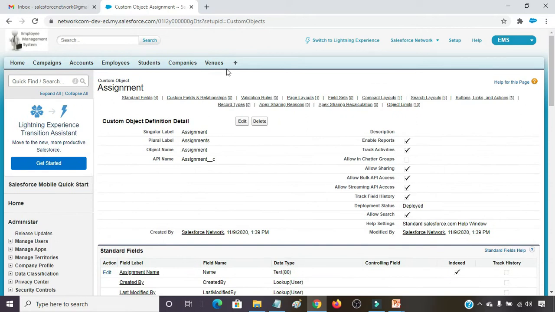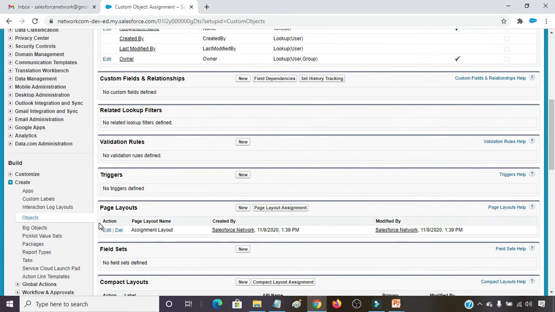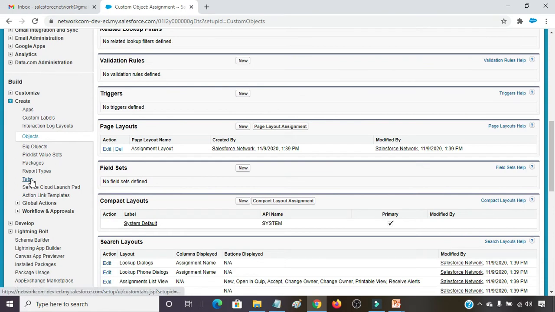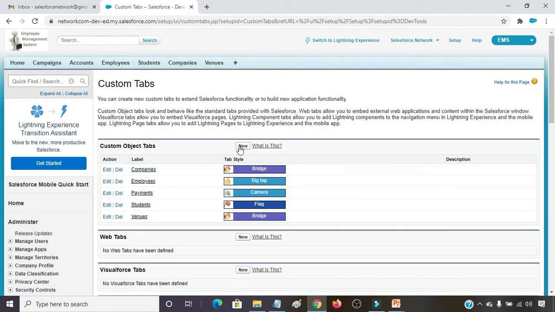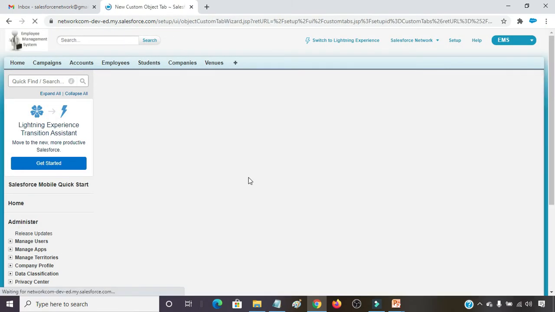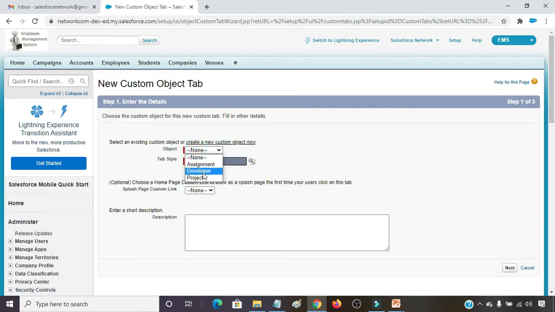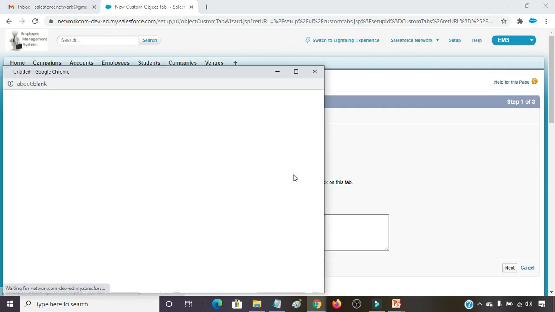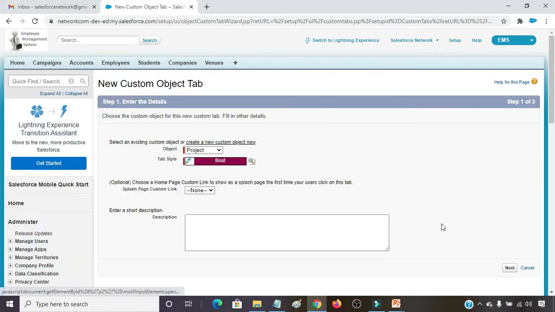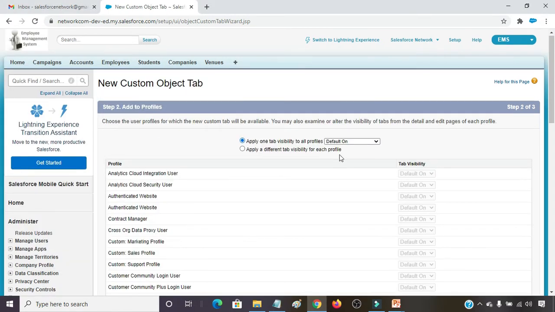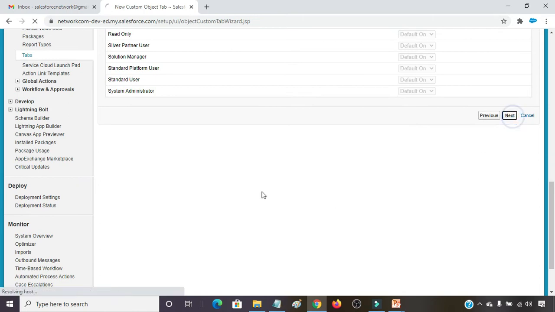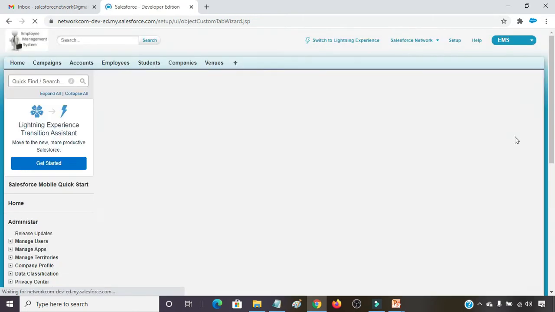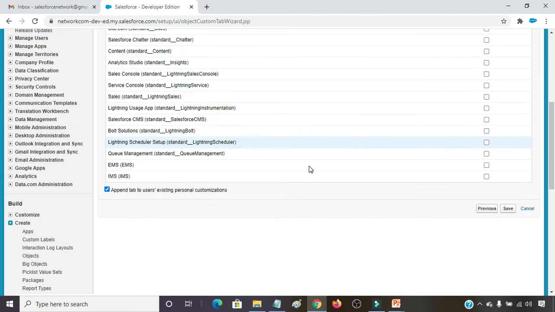So it's not getting displayed here in the tab menu. For that I have to go to Tabs and click on New. Choose project, choose any tab style, apply on tab visibility, default on, click next, including employee management system, save.